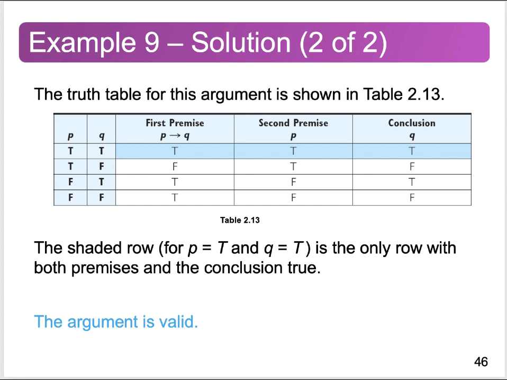Now, go back to the beginning. What was the case with Q? It was true. So here, since our conclusion had to be true, then we had a valid argument. So we're using this truth table in a little bit different of a way than we did before, but we're still creating a truth table with